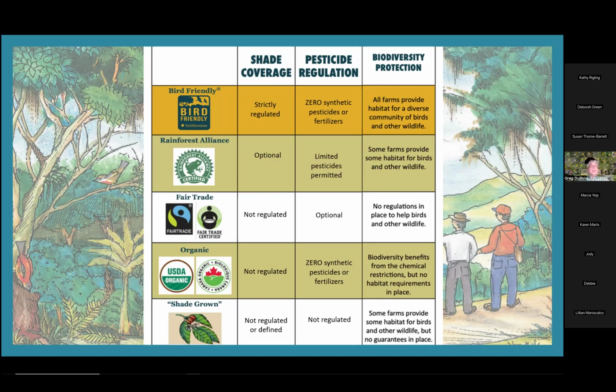the bees. But let's make a comparison of these, and I'll draw your attention up to the bird-friendly logo and certification provided by Smithsonian. Shade coverage, pesticide regulation, and biodiversity protection are the criteria that we're going to compare with the logos and claims of some of these labels that we'll see on products that we're